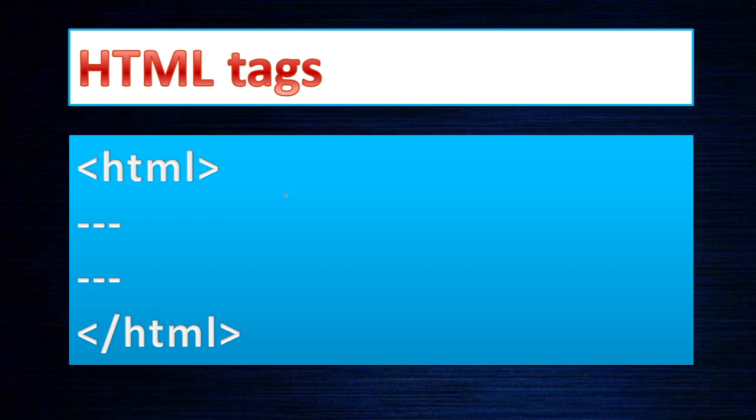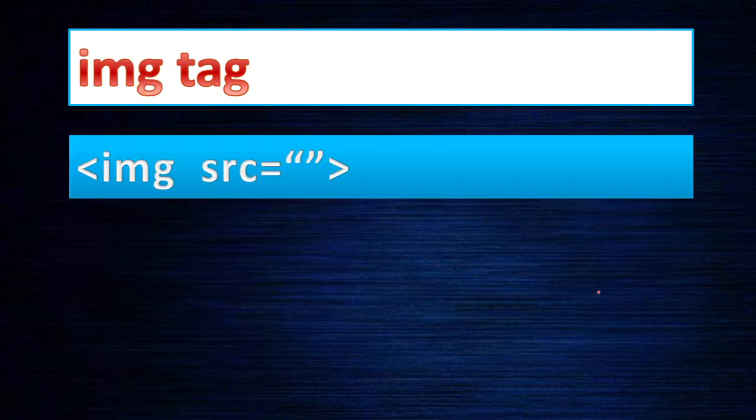Next, we discussed the head tag, that is head, then closing head. Then we discussed the body, then the closing of the body. Then we discussed paragraph, bold, italic. Then we discussed the heading tags, H1, H2, H3, H4, H5, H6. Okay, this is what we already covered, and we already know about Notepad++, how we can use Notepad++ to write the programs. In today's lesson, first let me start with the image tag.